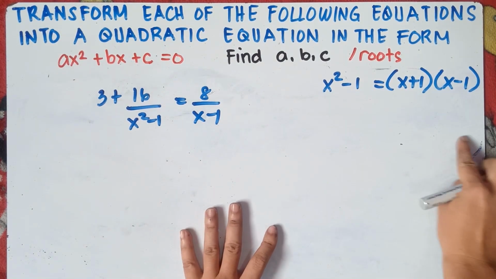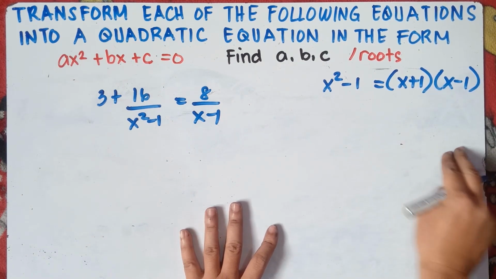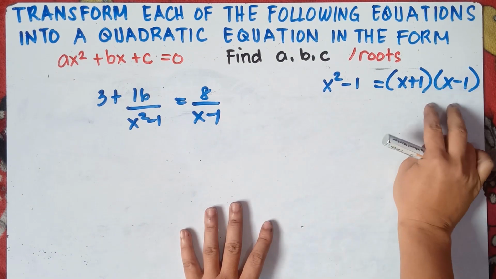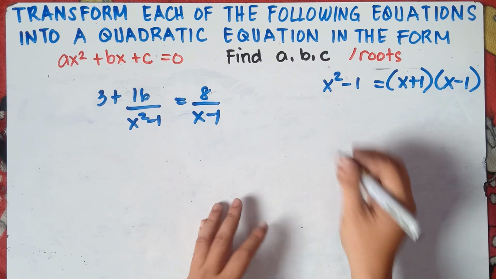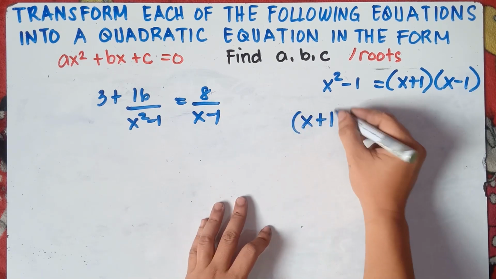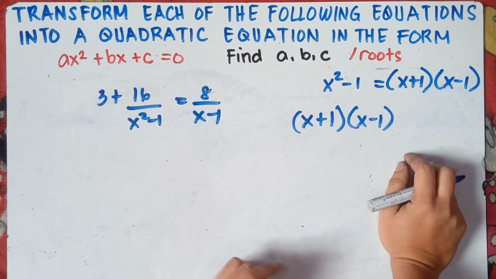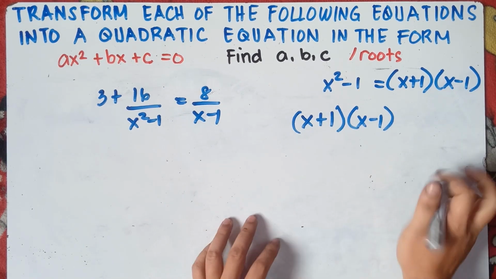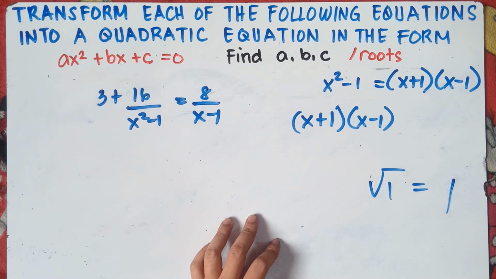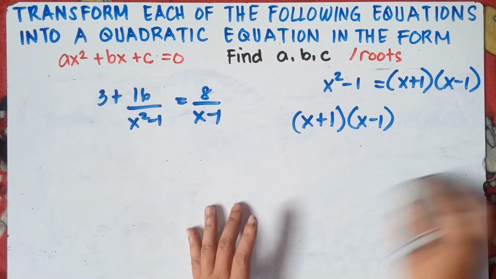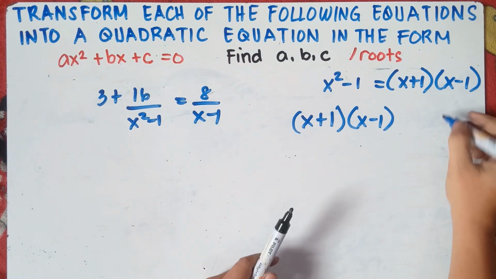Sir, can we factor this out by x plus 1 and x minus 1? Yep. That's correct. We can factor this out by this equation. Even if we check this one by FOIL method, let's check by FOIL method. Is 1 a perfect square? Yup, 1 is a perfect square, class. The square root of 1 is 1, because 1 times 1 is 1. Alright? So even if we check this one using the FOIL method,